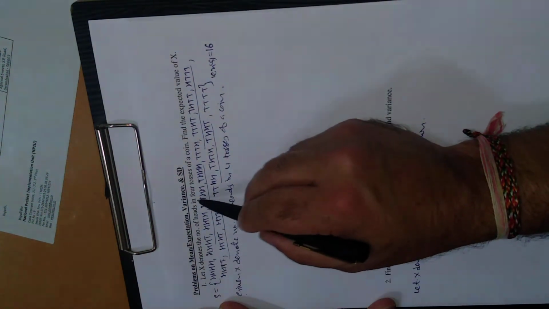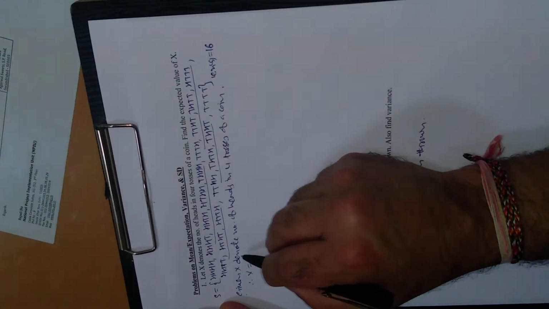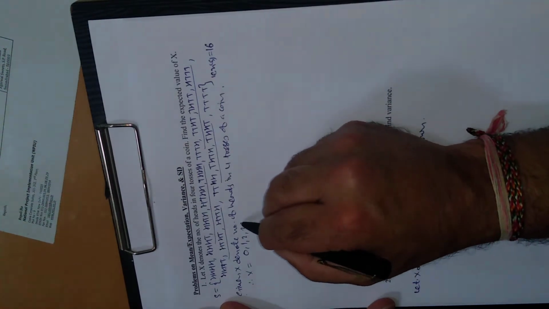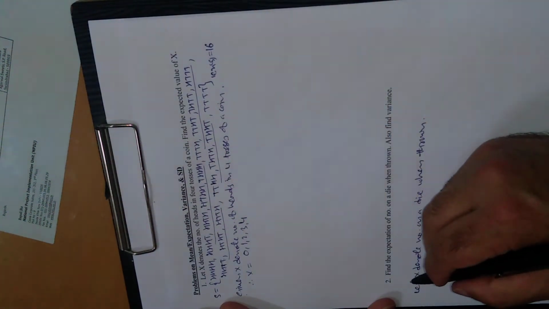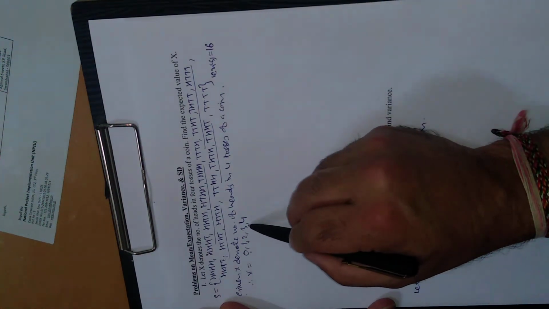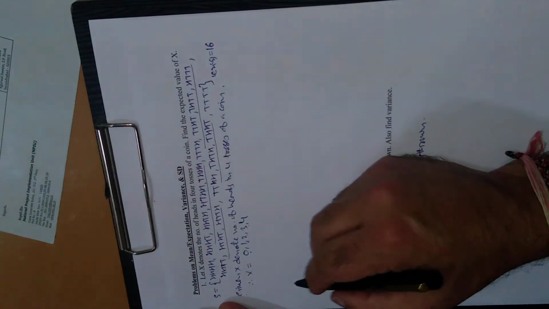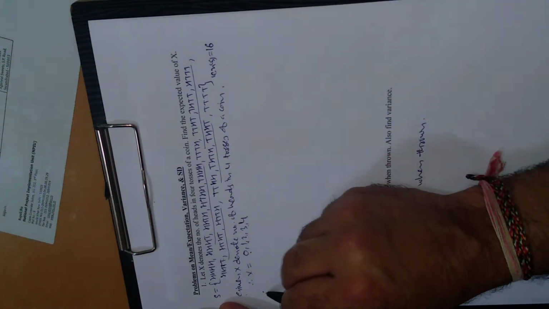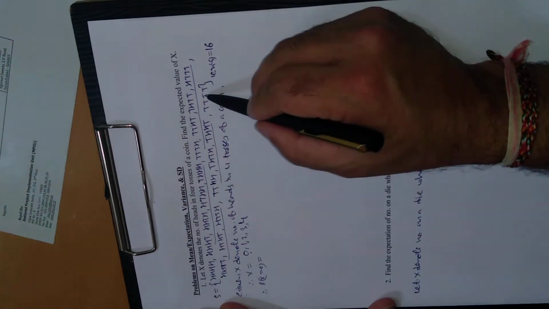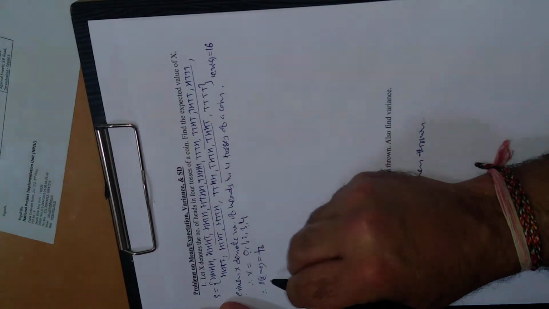Since x denotes the number of heads in 4 tosses of a coin, x can take these values: 0, 1, 2, 3, 4. These are the possible values of x. 0 means no head, 1 head, 2 heads, 3 heads, 4 heads, because there are 4 tosses. Now we have to find the probability of each of these. Therefore probability of x equal to 0: no head means all tail, so favorable outcome 1 and total outcome 16.